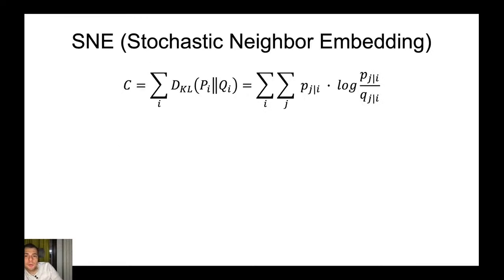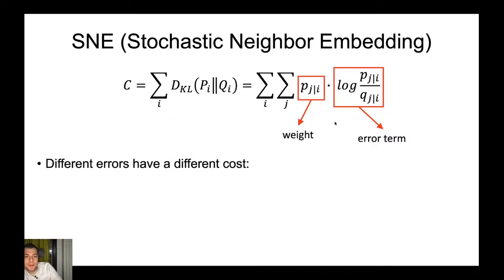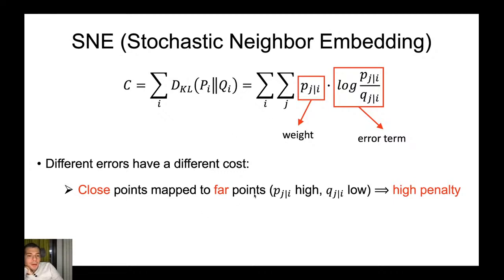So in practice, in order to optimize or minimize it, we consider that this is some sort of weight and this is the error term. The weight is proportional to the probability, so the probability tells us how important the error is. So if the points here are close together, and in the mapping they are farther apart, then we will have a higher penalty, and this is because